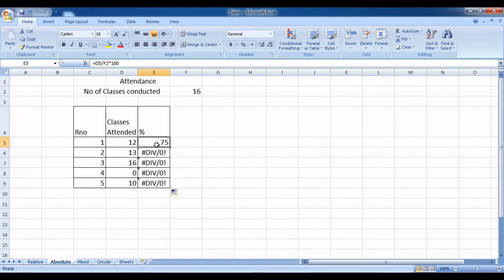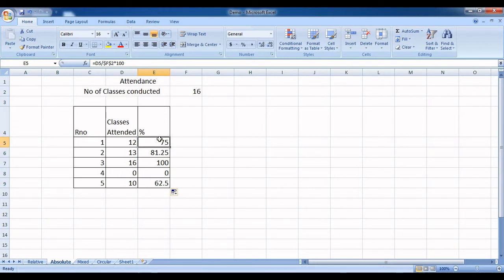Let me go to formula 1, where we have roll number 1. What we must do here is add dollar symbols before F and before 2. Either add them manually, or the shortcut key we can use is F4. If you press F4, it will automatically add a dollar symbol before the column name and before the row number, before F and before 2, or otherwise you can type it manually. Press enter, and now we'll drag this, and then we have the correct result.